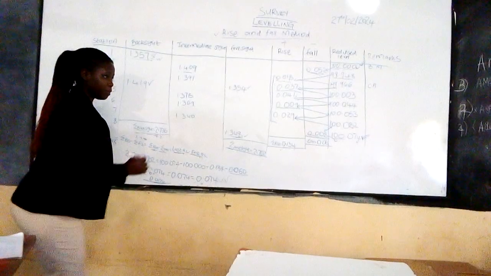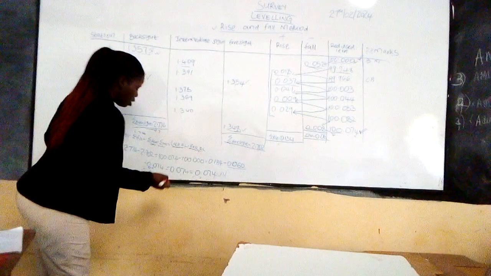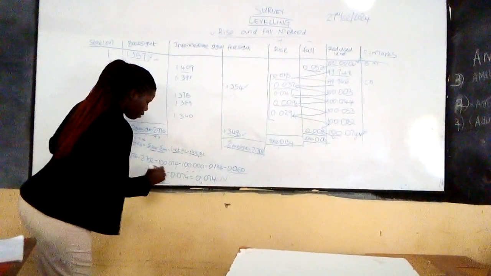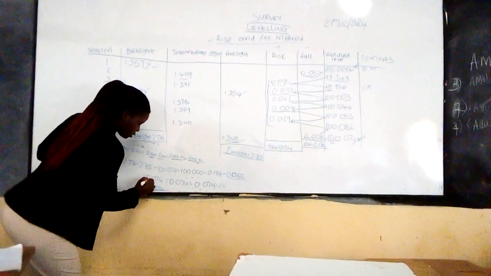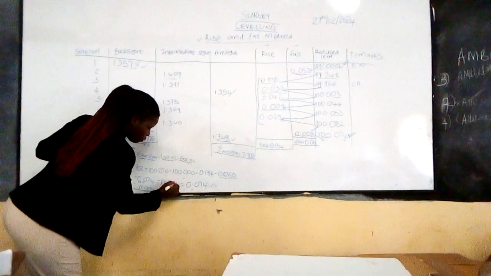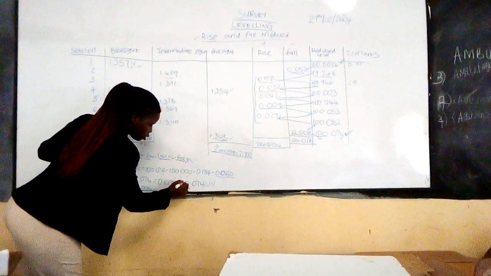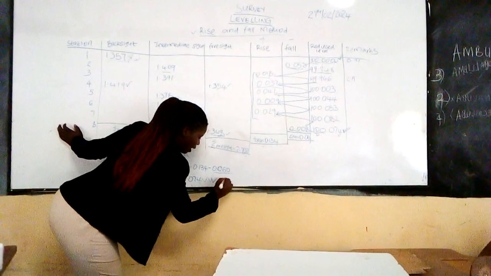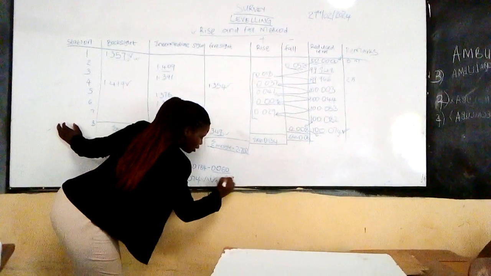And again, it must give you the same answer when subtracting the fall from the rise. Thereby, in our case, our answer was 0.074, which is equal to 0.074, which is equal to 0.074. When your checks are on the same page, then your answer